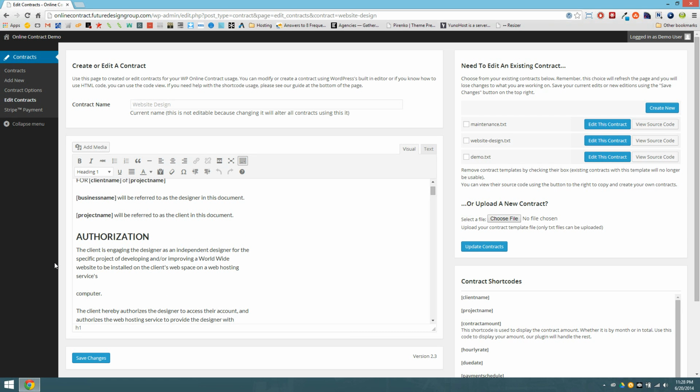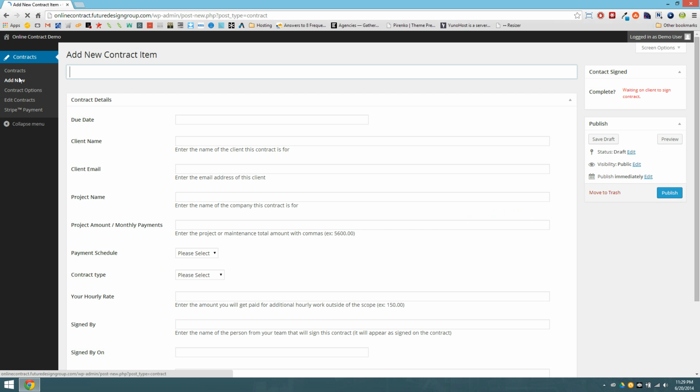Lastly, we need to edit or add a contract. Click on the Add New link in the administration navigation and add a title to the contract. So for now, we'll do Test Contract. This is not needed on the front end, but will help you sort through the contracts later. And all of the pertinent information you will need for this contract, like contact name, business name, etc., can be